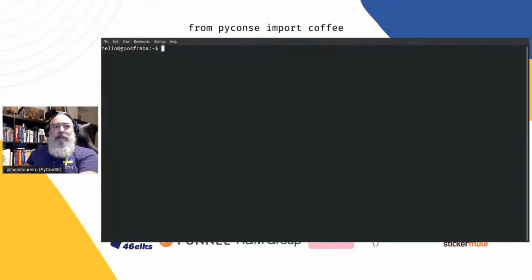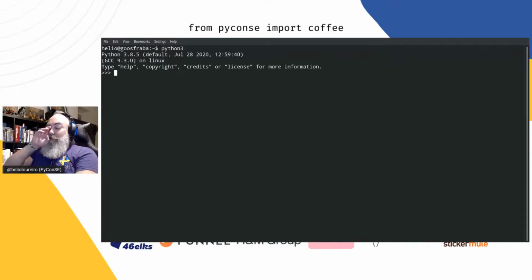Let me just open a shell. I don't want you to see my old shell, so console. So Python has some great features, which I learned some of them from João. He was presenting a talk today. I could not watch it, but you go on the live mode in Python, then you go like